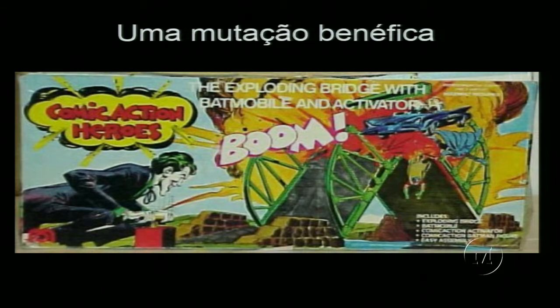But if you think about it, this is a beneficial change for the Joker. This is a beneficial mutation to destroy this structure. If he did not destroy this structure, he would be arrested and jailed and so on. It turns out that genes are just like that. Sometimes it's literally you blow up a gene and it stops an organism from invading. For example,